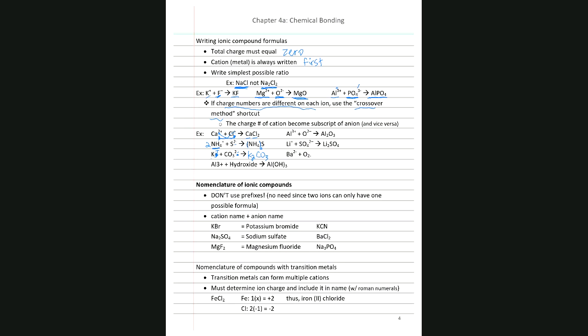Here's another one where I messed up formatting. So this is aluminum, and aluminum has a 3+ charge plus the hydroxide ion. I don't even know why I wrote that. I think that was a typo, but it kind of makes for a fun problem here. So aluminum hydroxide. Hydroxide is one of those polyatomic ions that you have to look up on that table, and it's OH-. So aluminum 3+ and OH-, we need 3 of these guys in order to balance out the 3+ charge of the aluminum. So we would have 1 aluminum and 3 hydroxides,